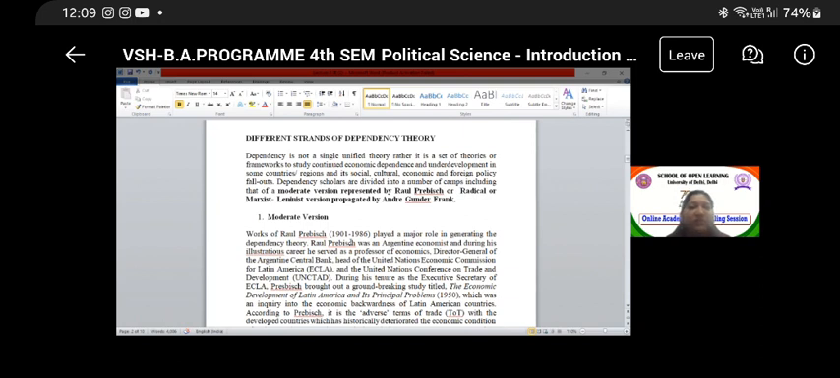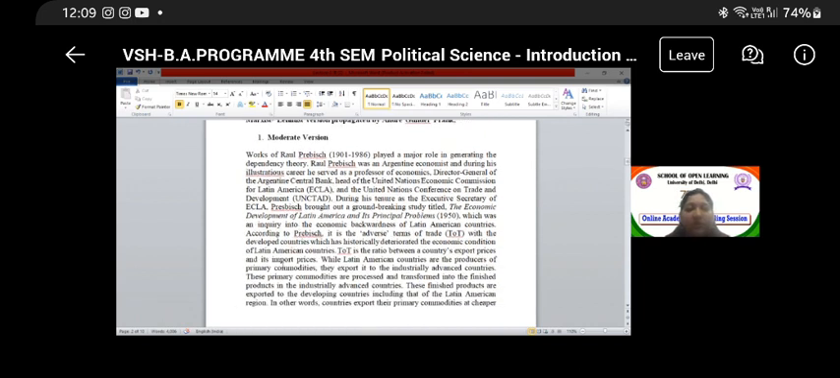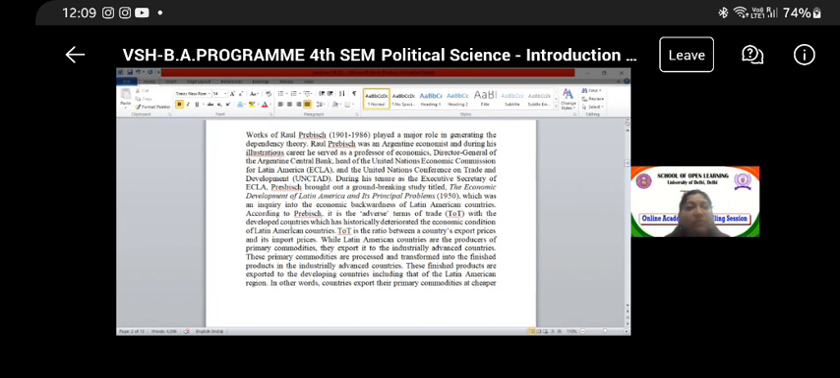So dependency scholars are divided into various camps. But basically, what we are going to see here is two different versions. One is the moderate version, which is represented by Raul Prebisch, and the radical or the Marxist-Leninist version. This is propagated by Andre Gunder Frank. So the moderate version, you can see in the works of Raul Prebisch, it played a major role in generating